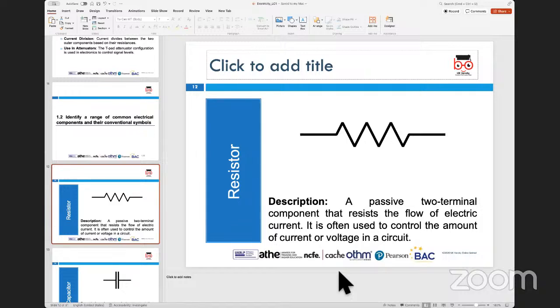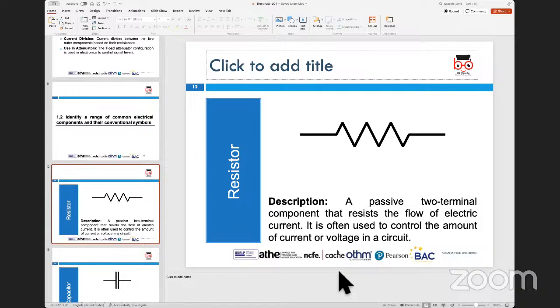The first type of component that we talk about is a resistor. The resistor is basically a passive two-terminal component that resists the flow of electric current. It is often used to control the amount of current or voltage which can be passed through an electrical circuit. Here the function of the resistor is to limit the flow of current and control the voltage within the circuit. Now, this symbol is normally a zigzag line,